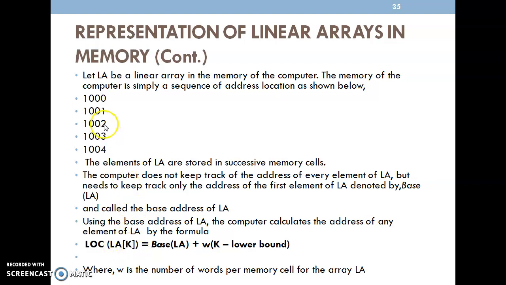For example, if I want to get the element at 0 1 2, so k I want to fetch this element, that time I'm going to provide k value as 2. If lower bound is 0, that time it becomes 2. If lower bound is 1, that time it is considered 3.